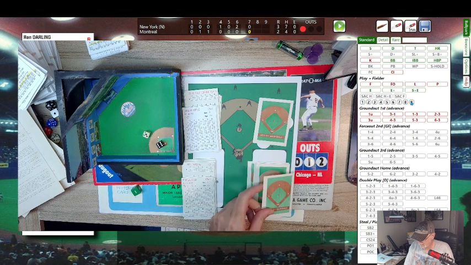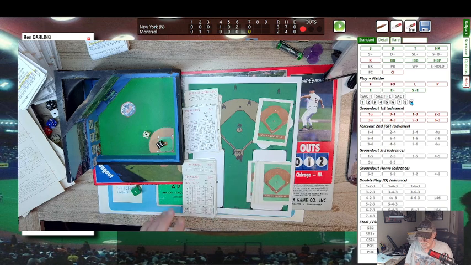One away. So one thing about the old classic replay game, it doesn't give you all the players, obviously. So I just kind of substituted some players. It is towards the end of the season, so of course they're giving rookies a chance. Like I think Mets had John Stearns in the lineup, and I put in Ortiz. So you can still do that. It makes no difference to me.